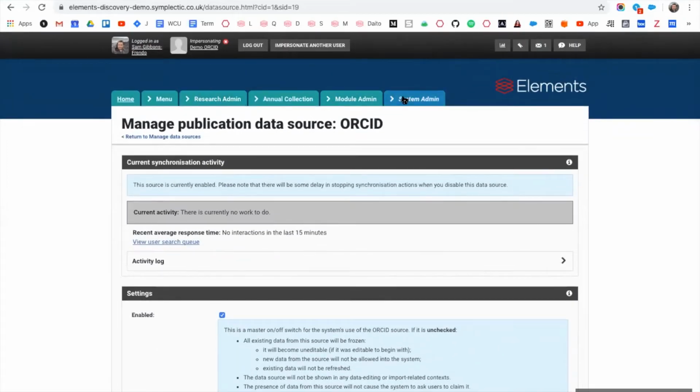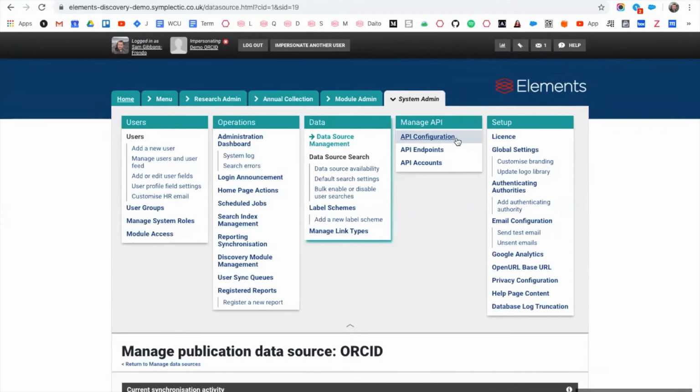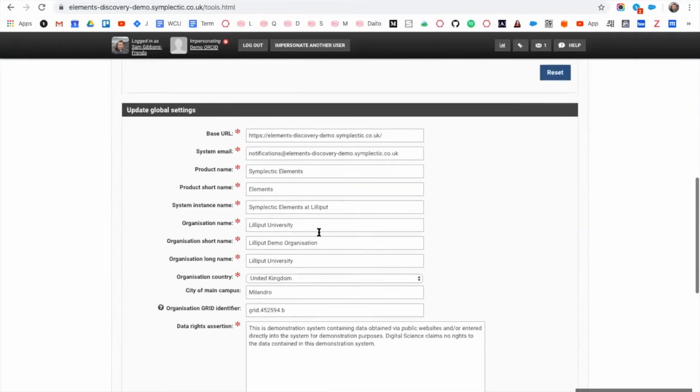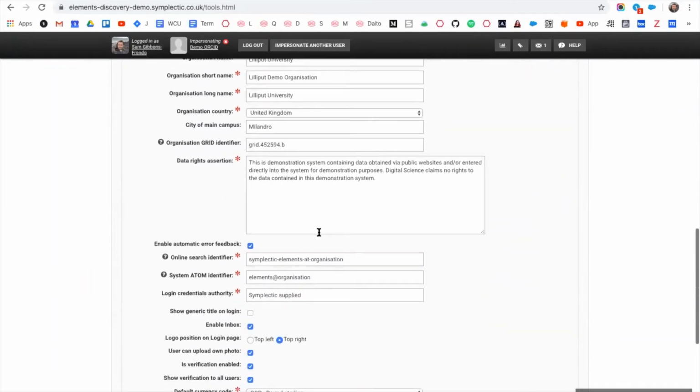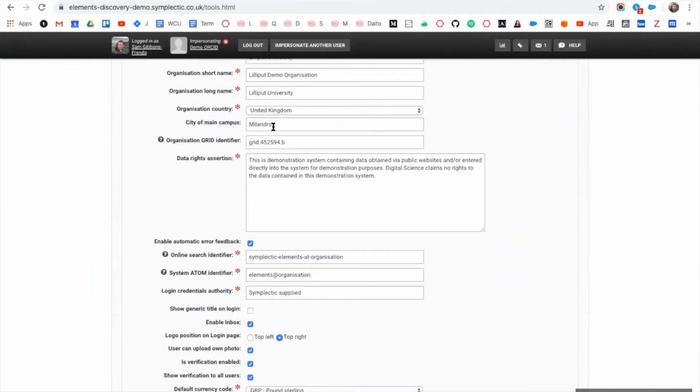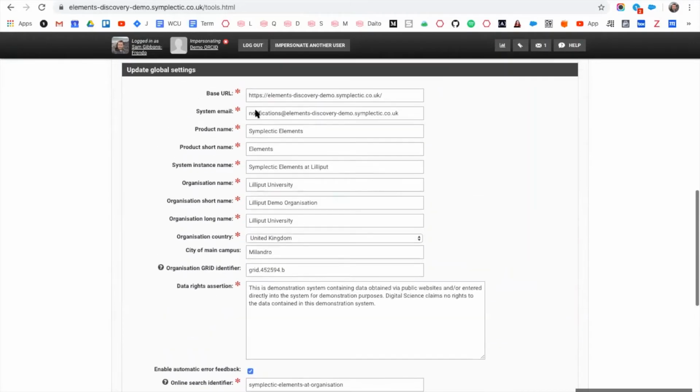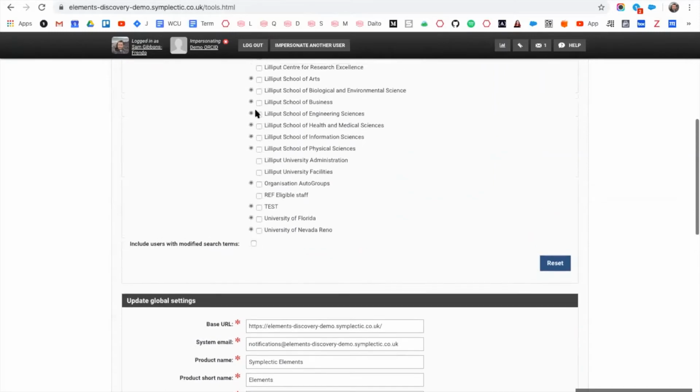The information that gets sent is managed on the global settings page. So we can add a grid ID, city of main campus, the organization country. There is a slight complexity in that the type of affiliation that we send will either be an employment affiliation